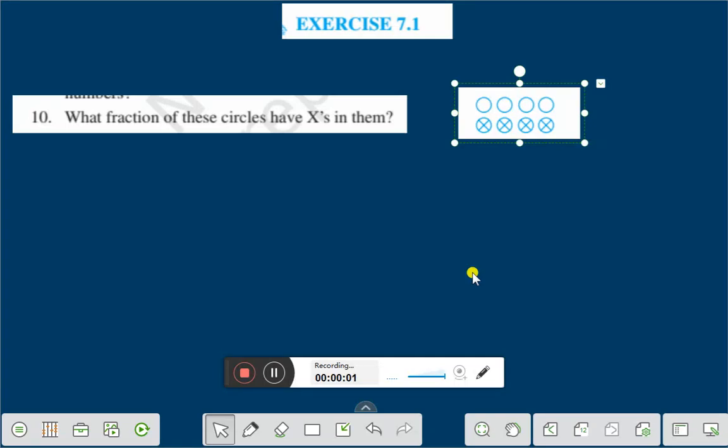Hello everyone. Today we shall discuss exercise 7.1 question number 10. What fraction of these circles have x in them? Right. Here you see there